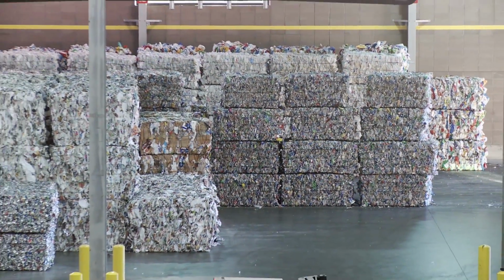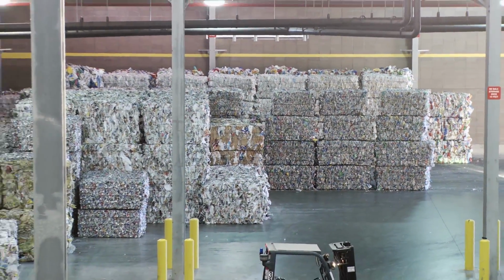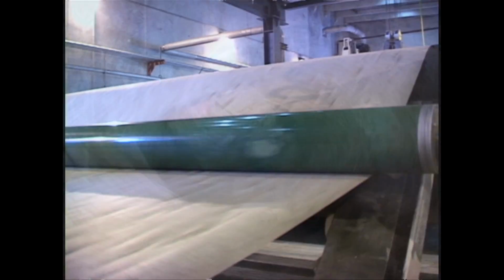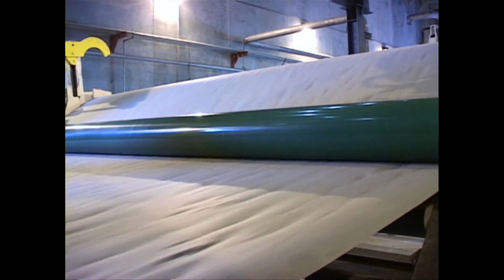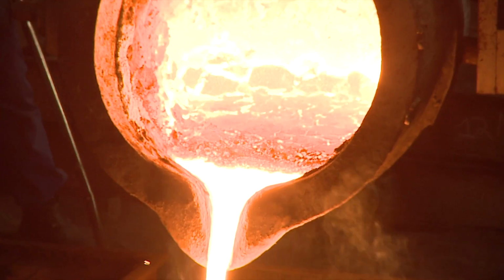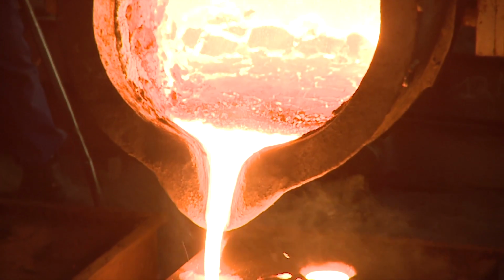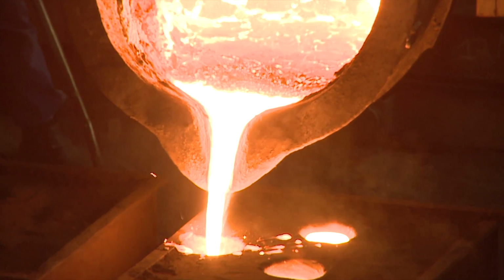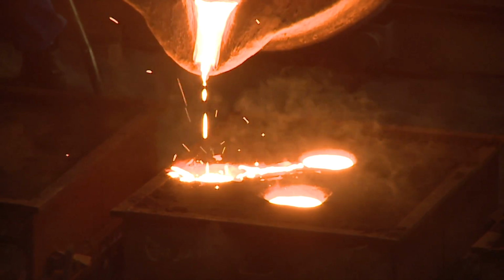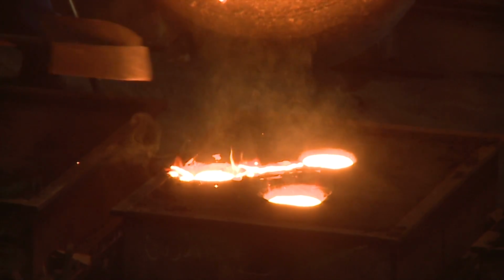The sorted paper, plastic, glass, and metal will all need cleaning and refining before they are used again. The paper will be treated in a mill to remove inks and contaminants, finely shredded and then reduced to pulp. It can then be used to create new paper products, insulation, or building materials. The metals are sent to a smelter where they are melted down into bars or ingots. These bars are shipped to manufacturers, remelted, and placed into molds to create new products like cans, office supplies, even